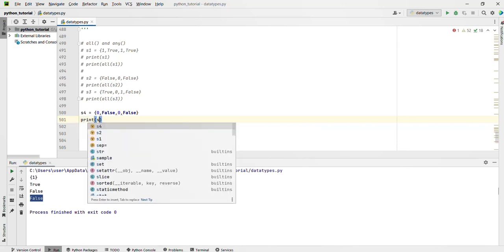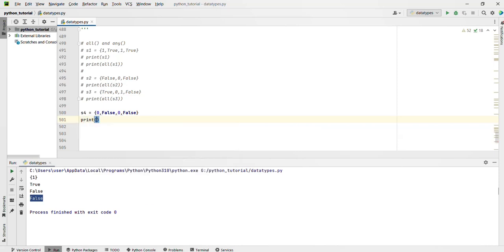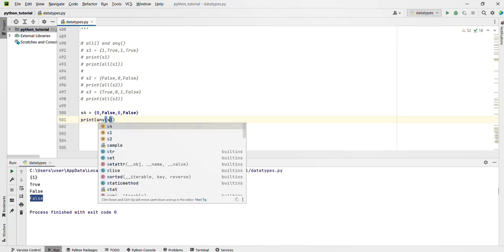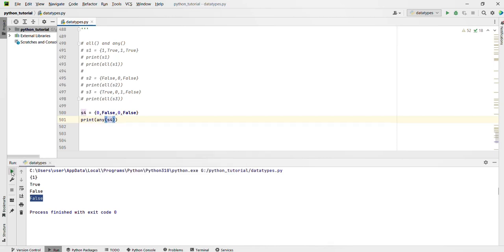Print of any of s4. It will return false, because the any function returns true only if at least one item in the set object has a true value. In this case, if you clearly observe, all items are false values, that's why it will return false. Now I am creating one more object, s5, equal to